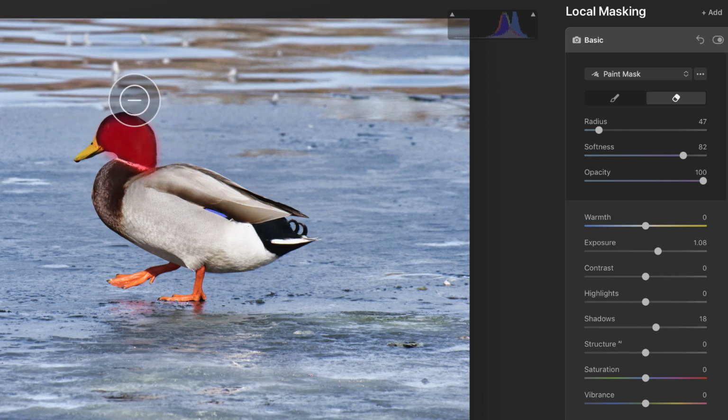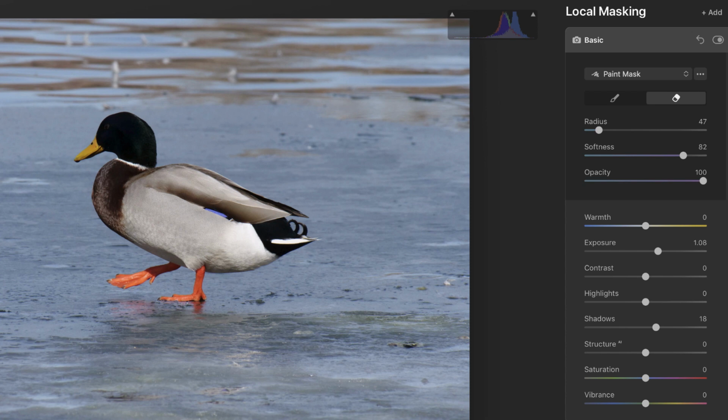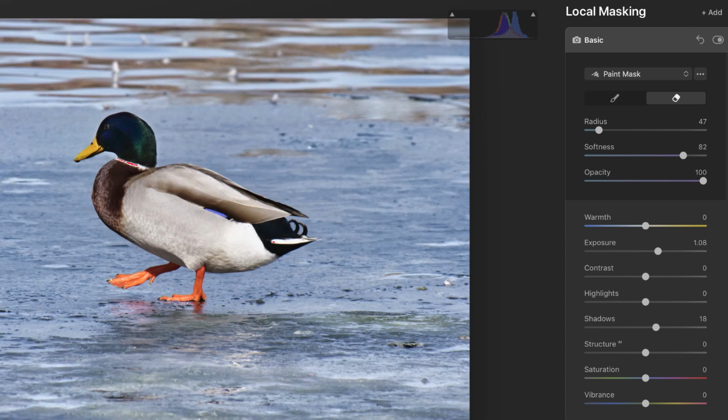I don't mind if the duck's head is a little dark on the edges, but I definitely don't want to see a white halo. That just means that I'm not good at editing. So let's do before and after. There, the head is very dark, and now it's brought up a bit. I'm still in the mask right now, so I can even brighten it up more if I wanted. Just to show you some extreme here so that you can see, yes, this is definitely a mask.